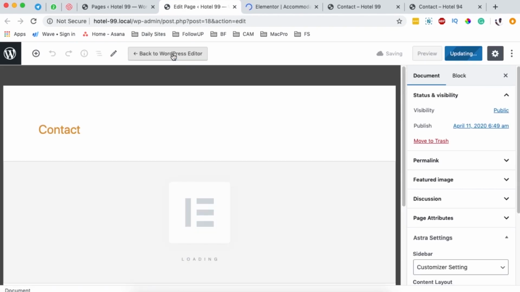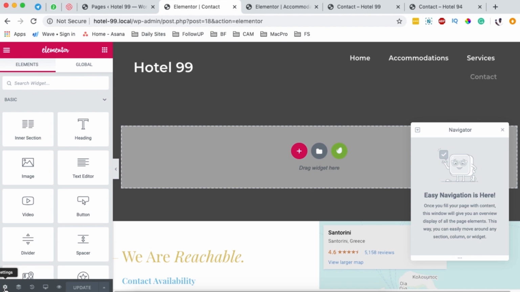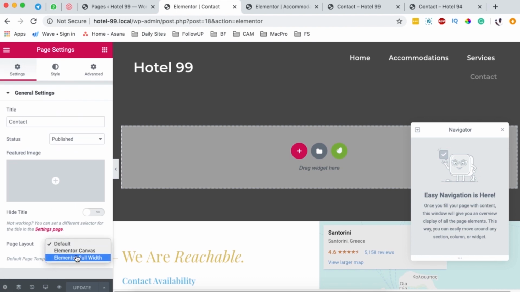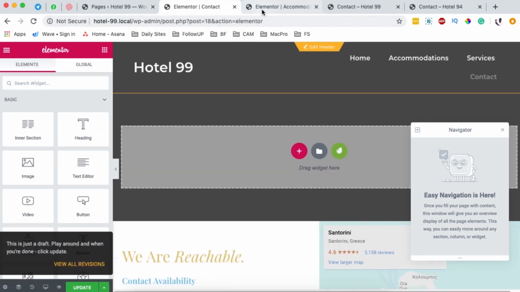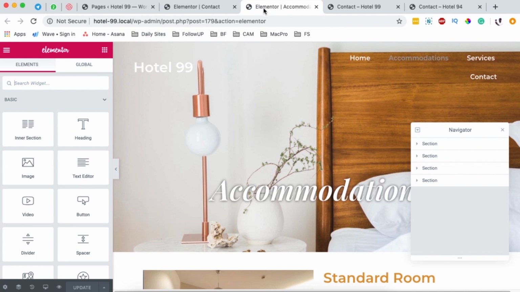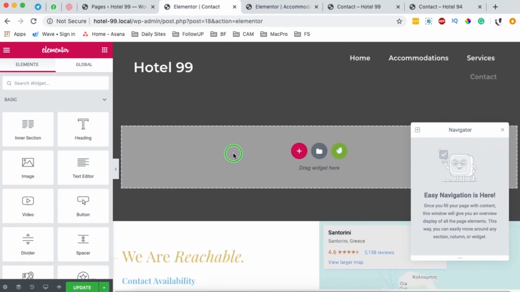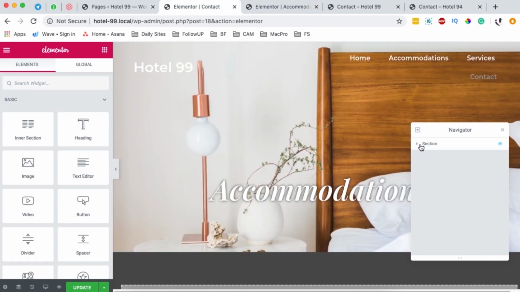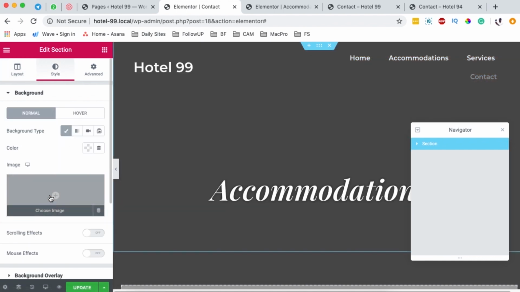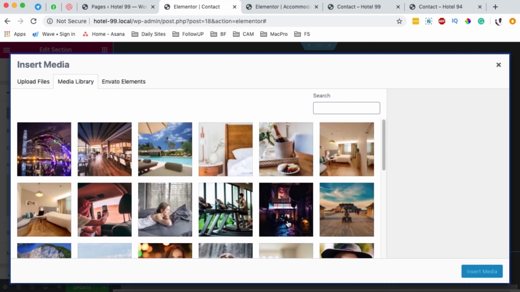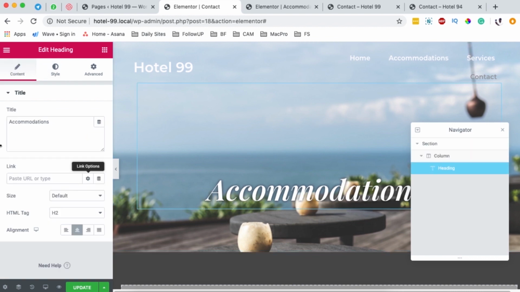I'll edit my contact page with Elementor. I'm going to come here to the settings with the gear icon, go to page layout. I'm going to switch this to Elementor full width. I'm going to come here to our accommodations template that we already opened up with Elementor. I'll come to the navigator and I'll copy this section, come to the contact page, I'll paste the section over here. I'm going to come here to the section, come to the style, and I'm going to delete this image. I'll use another image for our contact header. Let me just use this same image, and I'll rename our heading over here to